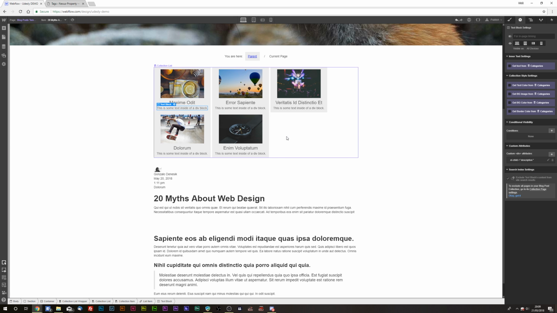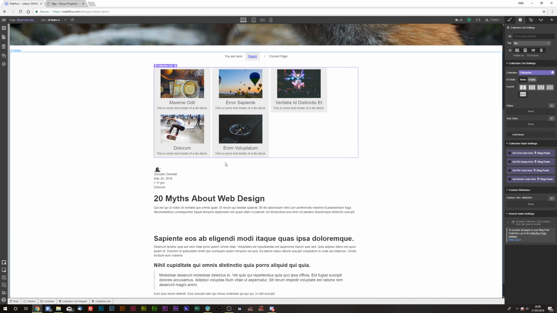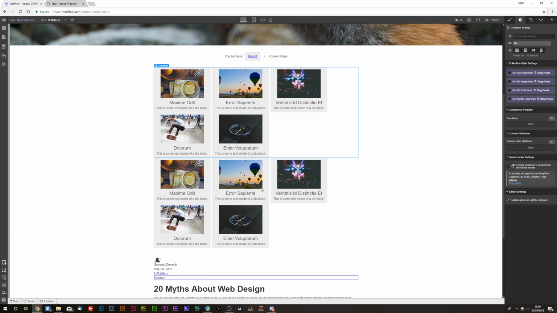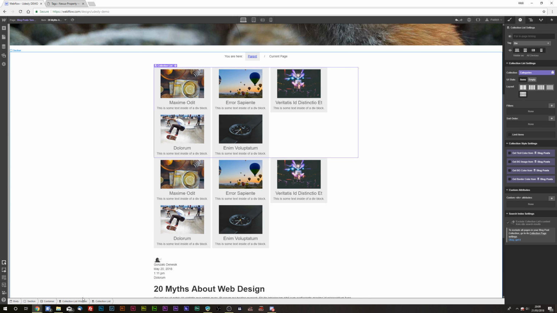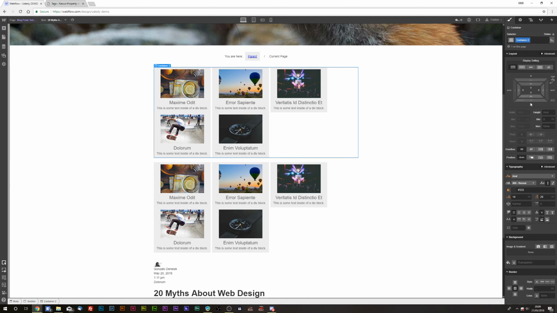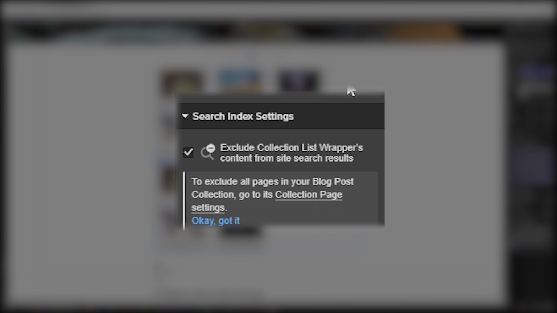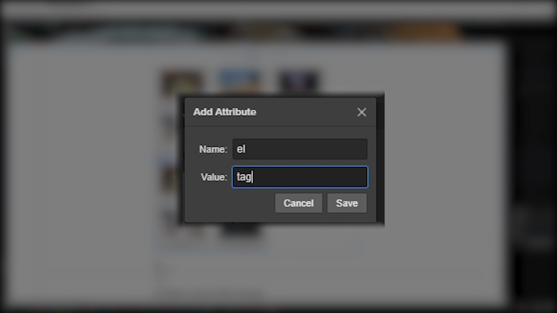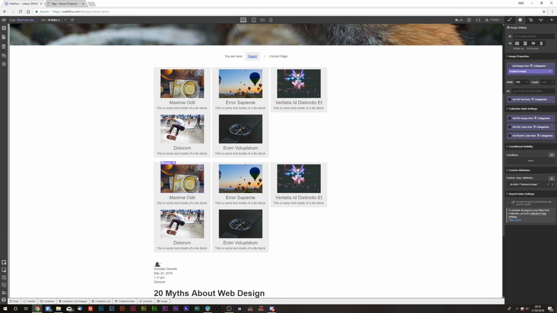like so. Now if you want to do tags, what you can do is just duplicate your collection list. So if you just select your container that you have placed that in and just duplicate it like so, and then maybe select your container and just add a bit of padding there so it separates them, and then select your collection list wrapper and just rename the element categories to tags, and then you can go ahead and just